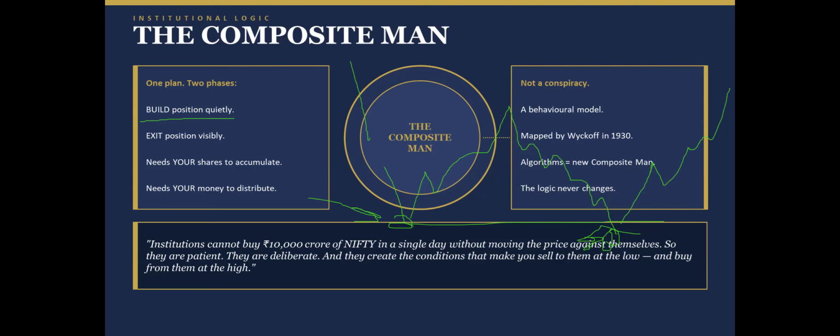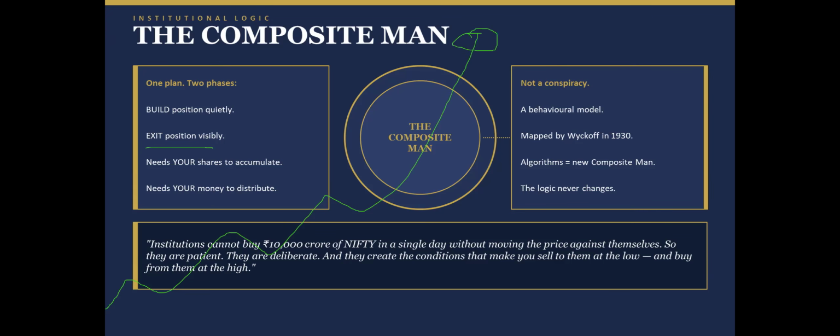So they will build position quietly when the markets are not good, when the people are not willing to buy. They will build their position, but they will not show you that they are buying. But when the exit is happening, it will be visible. When prices go up, there will be a strong up move, and when there is a buying frenzy, there will be very good news everywhere, and people will think this is a time to buy. At that time they will sell. They will sell in very huge quantities. There will be very high volumes. There will be ultra wide kind of bars, which ultimately change the trend to downtrend or sideways.